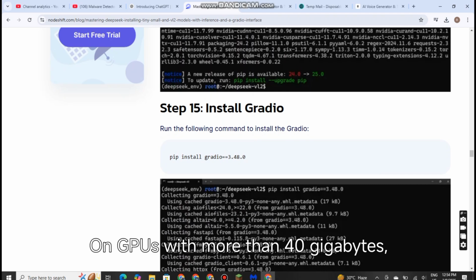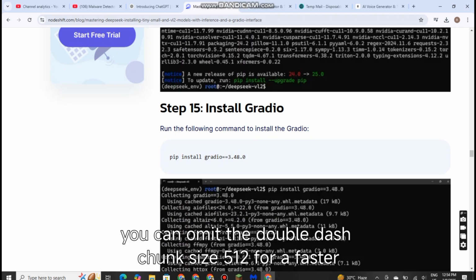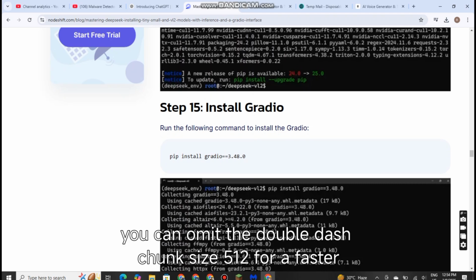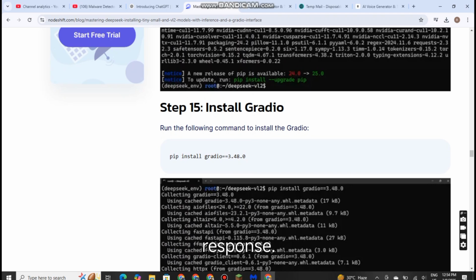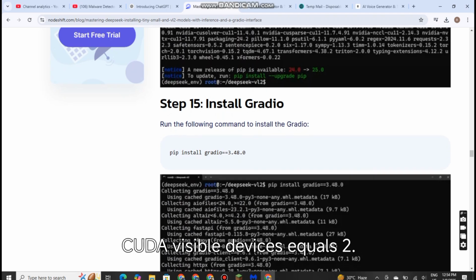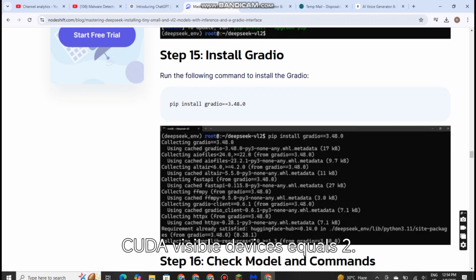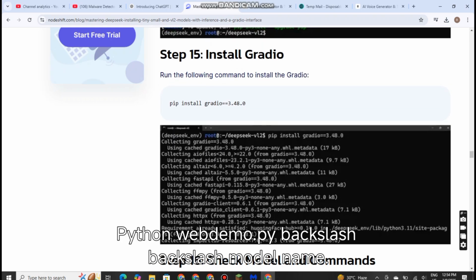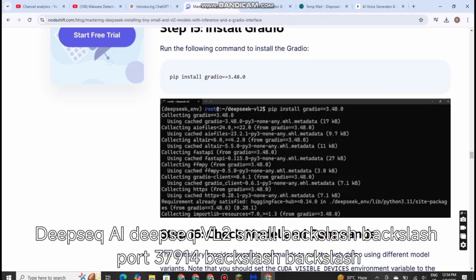On GPUs with more than 40 gigabytes, you can omit the chunk size 512 for a faster response. Command for a 40 gigabyte GPU: CUDA_VISIBLE_DEVICES=2 python web_demo.py --model_name deepseek-ai/deepseek-vl2-small